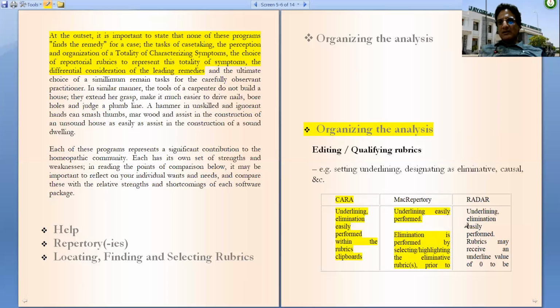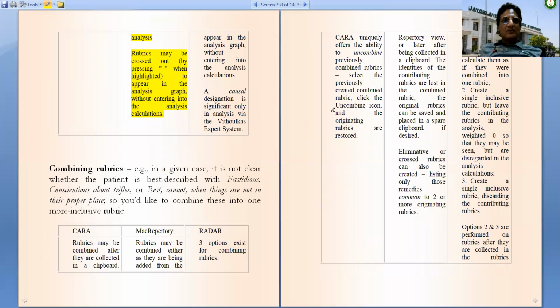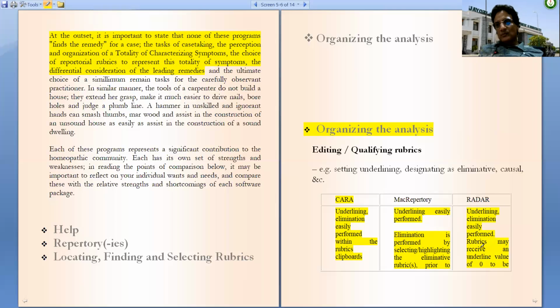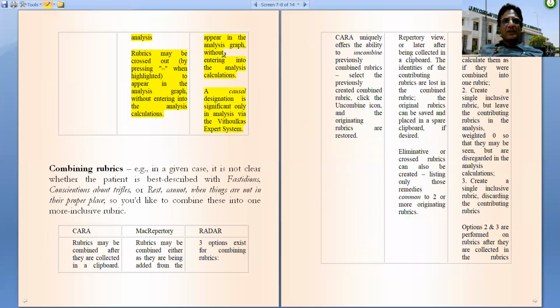Radar also easily performs this. So Radar has also got an eliminating feature, which appears in analysis graphs without entering into analysis calculations.